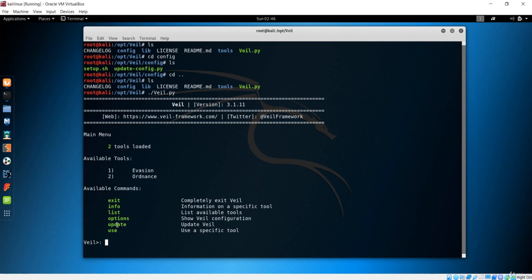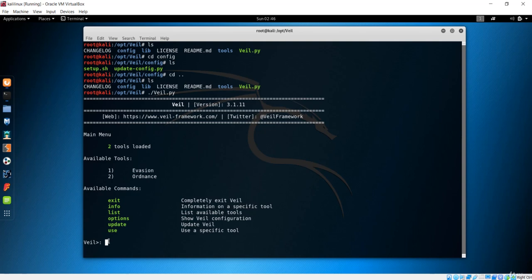If you don't do this, your Veil framework will be outdated and there is a high chance of your payload being caught by any of the antiviruses available in the market. So make sure that you update time and again if you are working with the Veil framework, because this makes your payload stronger than before, because it is going to update every database that is available in the antivirus.